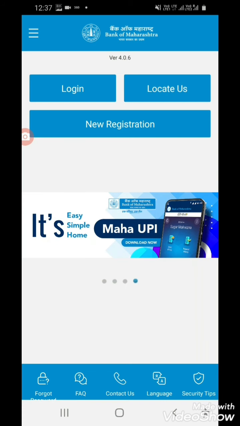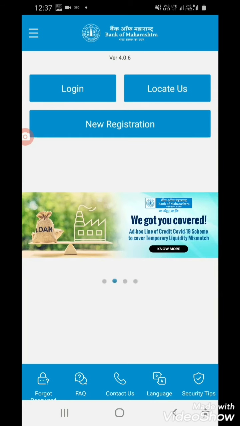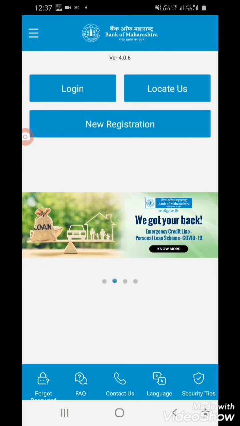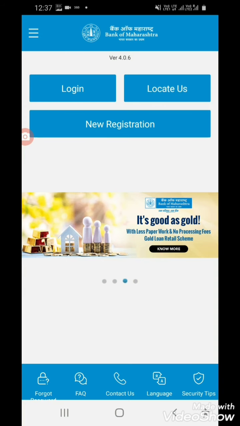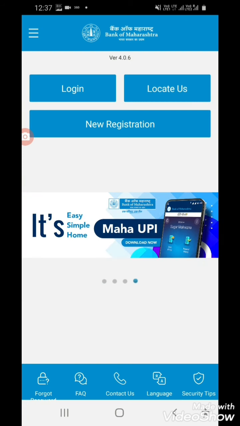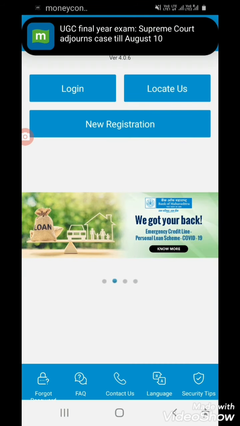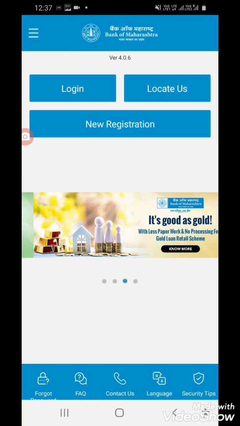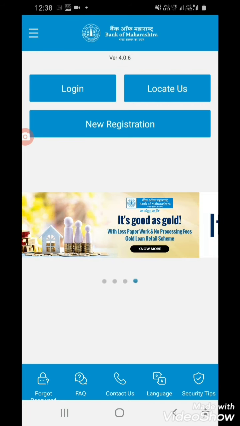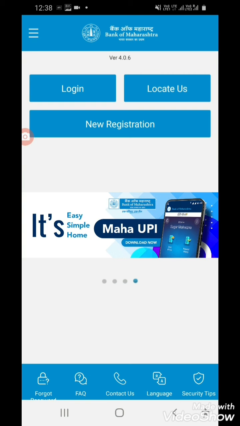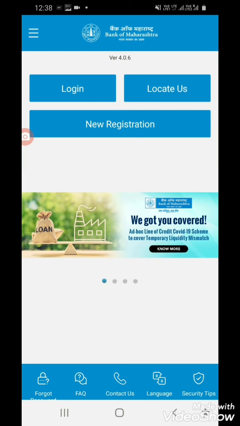And next, you are going to get other benefits, like you can check the status of a cheque. You can request for mobile SMS alerts and email alerts. One more benefit, you can locate your branch also, and you can directly contact customer care also. So a number of benefits are there with this application. Now I am going to show you how to install, how to register this application and how to use it.